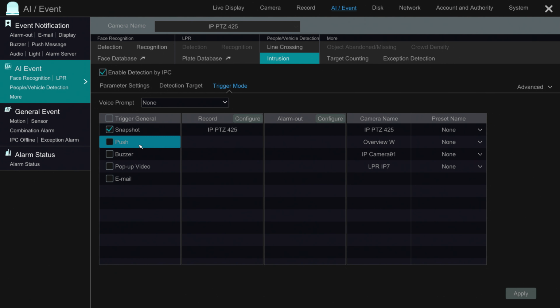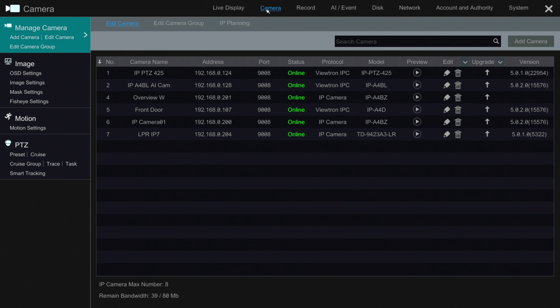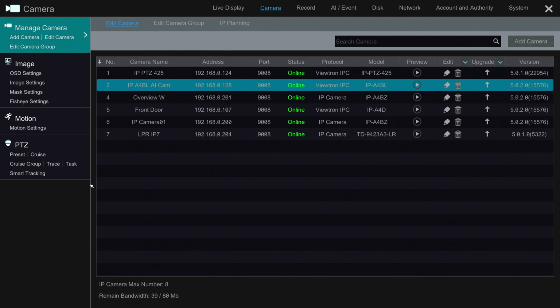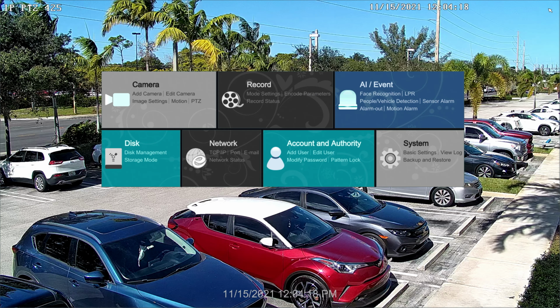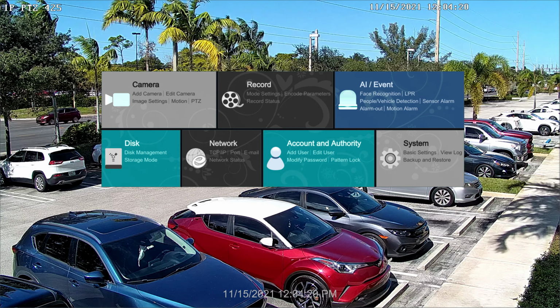Now, if I wanted to, I could set up mobile push notifications, an alarm buzzer, video pop-up, and email notifications, but we're not going to do that for this project. When I'm done, I select Apply, and then select Camera up at the top. And then under the PTZ menu, I'm going to select Smart Tracking, and you have to select PTZ Auto Tracking as a priority here, and then click Apply. When I'm done, I can close the settings screen by clicking on that X in the upper right,